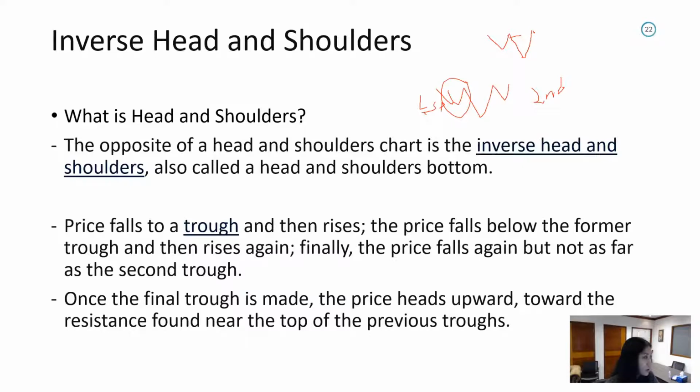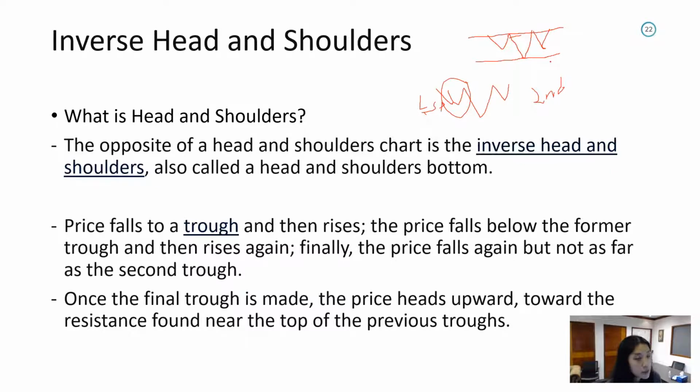Then it retraces back for a short retracement, and bounces off again for a small bounce. So you can see this line will be our resistance level for the inverse head and shoulder,